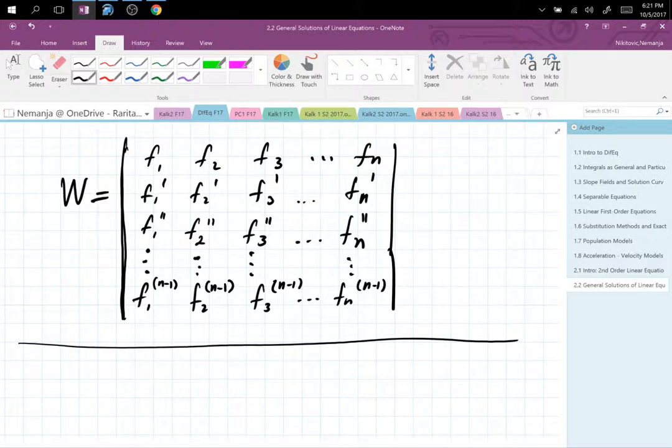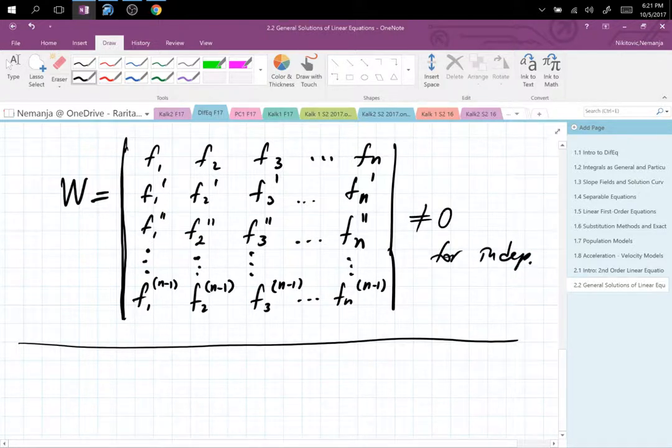They don't have it. I have one example here. So we need this to be different than 0, right? For independence. Otherwise, you're doomed. Well, there are ways to fix it, but